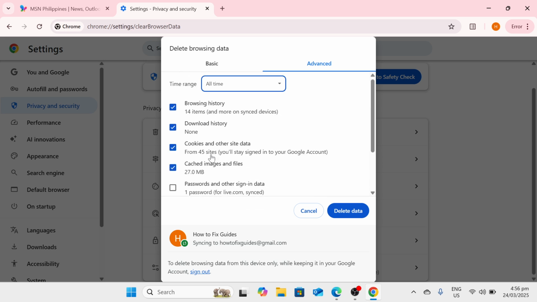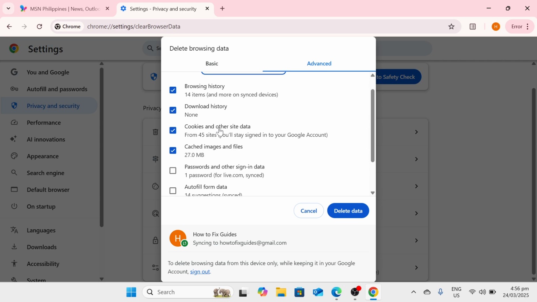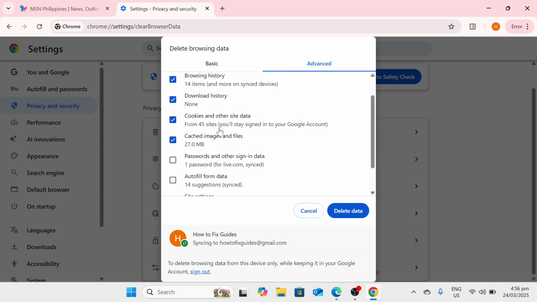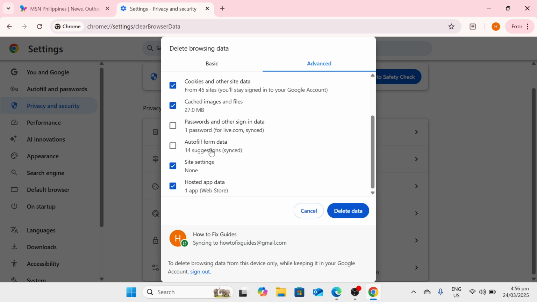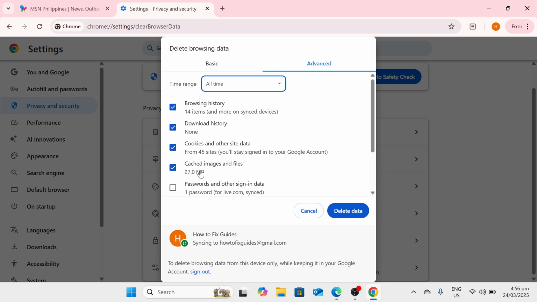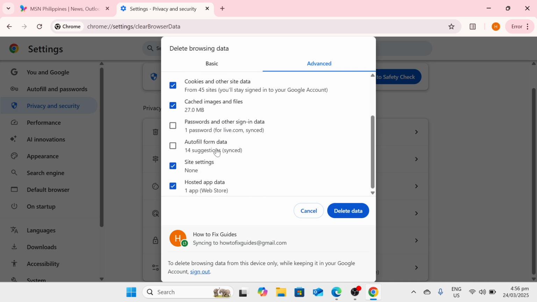Okay, so we have the browsing history, download history, the cookies and other site data, the cached images and files. So I'll just leave the passwords and other sign-in data unchecked, and the autofill form data unchecked also. And for the site settings and the hosted app data, I will include that in deleting the other options. So once you have selected the options that you want to be deleted, just proceed on clicking delete data. Okay, so once done,